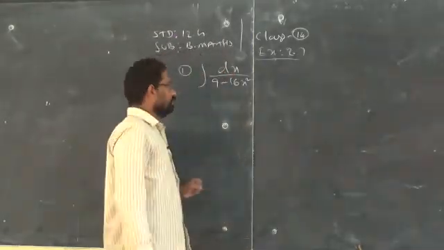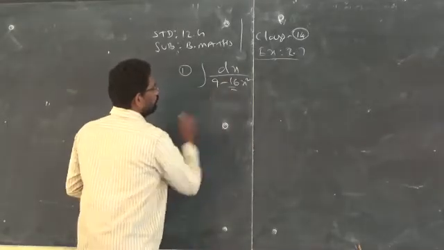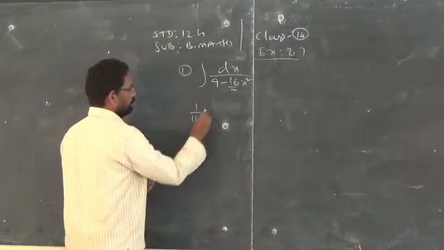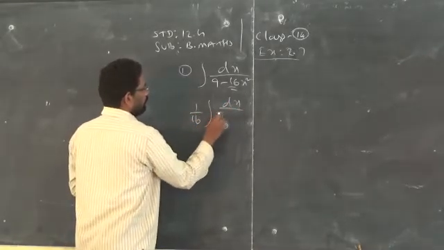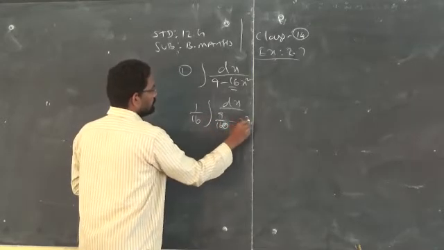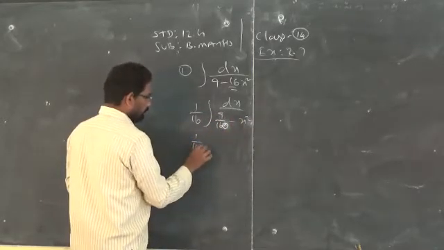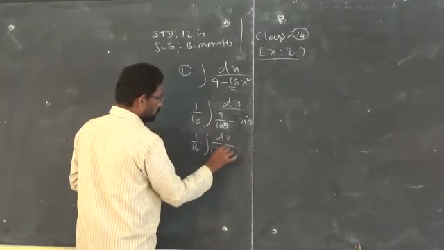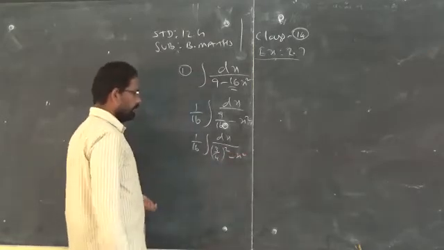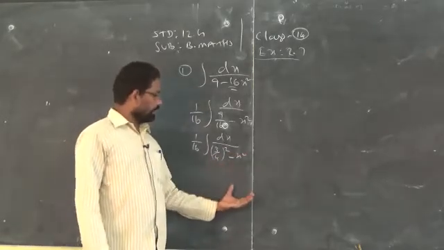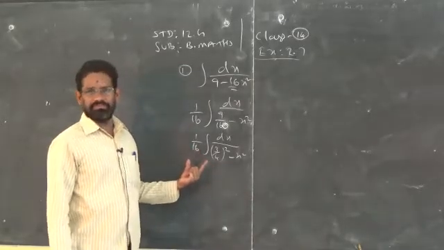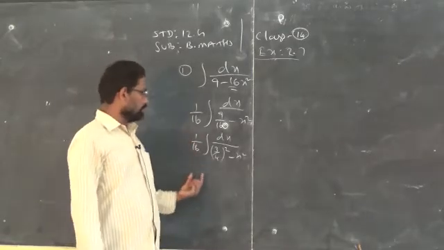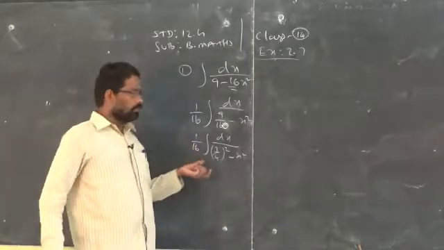So now we will see that as usual, the constant along with x square, 1 by 16, you have to take outside. So it is dx by 9 by 16 minus x square, this can be replaced by dx by 3 by 4 the whole square minus x square. See this, after that when you apply the formula, I missed 1 by 16. Unconsciously some of the boys will think that they are using the 1 by 16 as it is. So to avoid that, you be very careful.